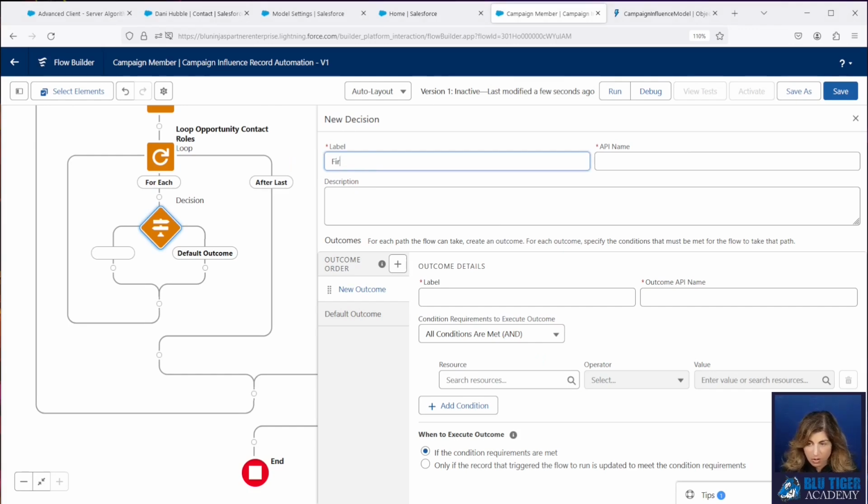And we're going to call this first touch campaign influence exists. We will say yes here.